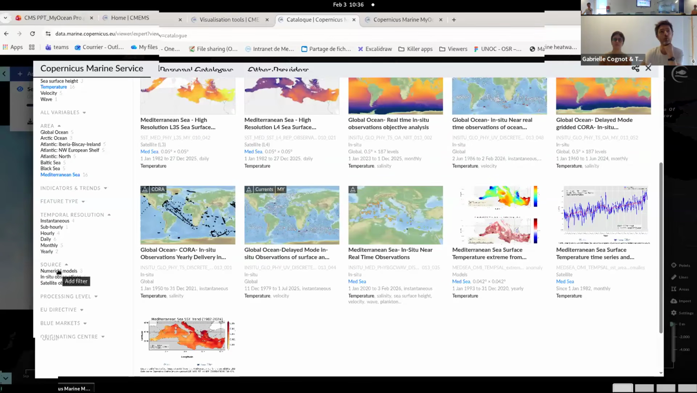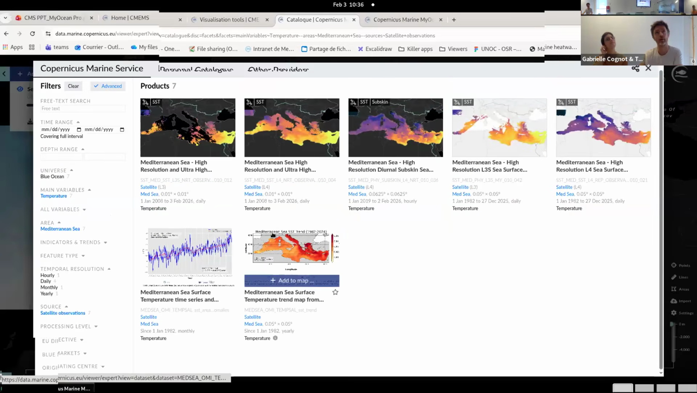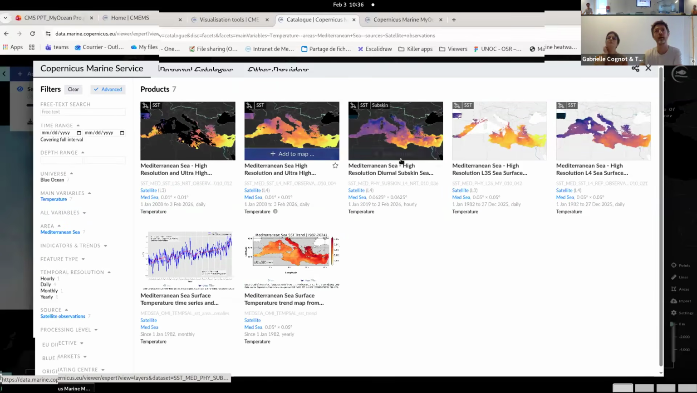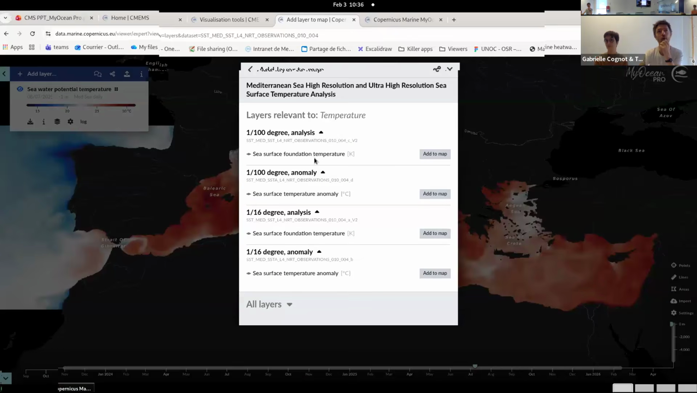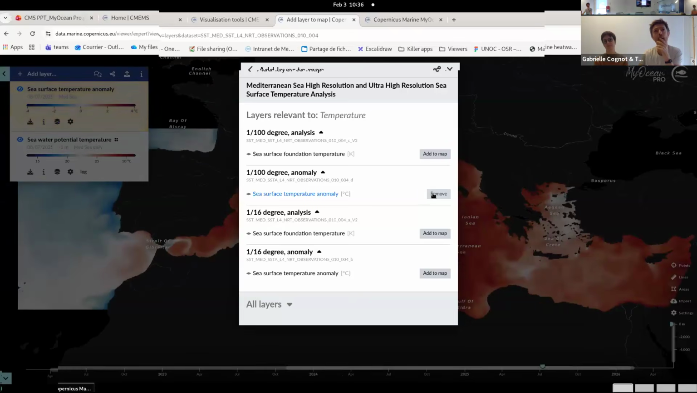But we also want to see, as Florian said just before, we have different sources of data. We have the numerical models, and we have observation, the in situ observation and satellite observation. So if I select satellite observation here, we have the level 3 and level 4 satellite data with very high resolution. This is interesting. So we're gonna add the temperature anomaly